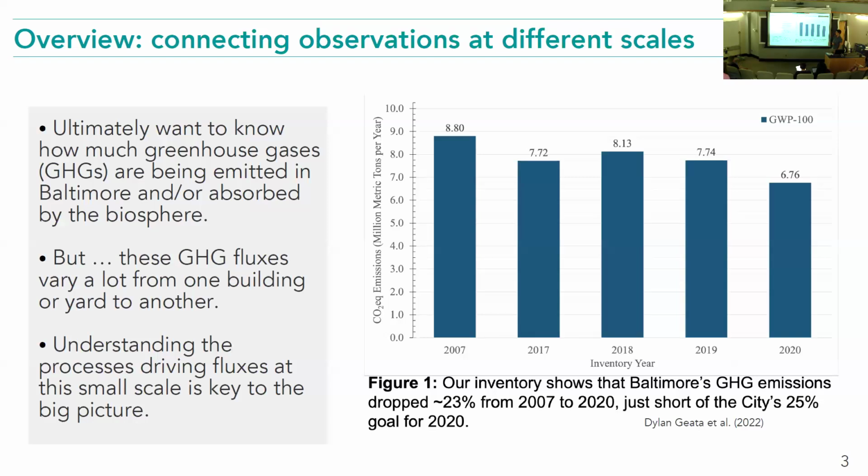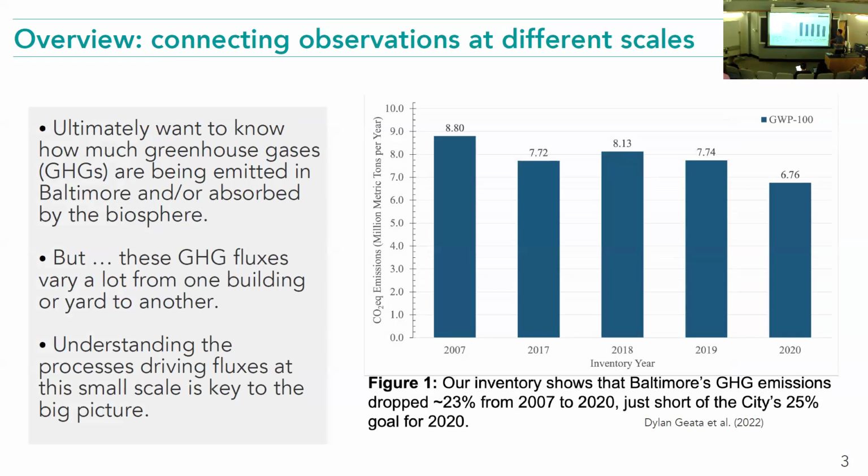So ultimately, I think one challenge that the greenhouse group is really thinking a lot about is how do we connect observations that we collect across different spatial scales, and how do we really tie what we see at the plot scale to what's happening at the city level. So ultimately, we want to know how much greenhouse gases are being emitted in Baltimore or absorbed by the biosphere